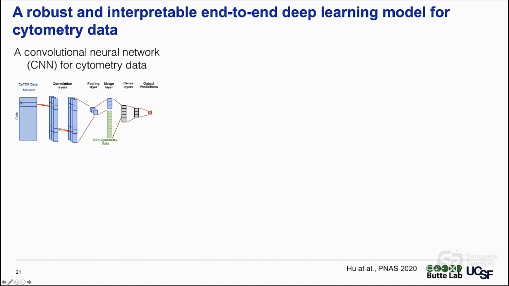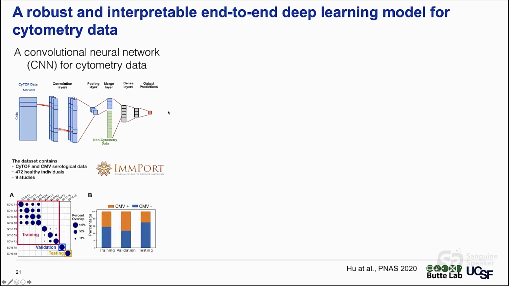The data that I'm talking about is mostly CyTOF data, basically the cell surface markers and the cells. This is a matrix. We have different convolution layers. We pool the layers, and also we relate the cytometry data with the demographics. Non-cytometry data could be any clinical condition or demographics data. So we would like to see the influence of the cell subset populations based on the clinical phenotypes. And so the data set here in this case contains the CyTOF data, and we also have the serological data from cytomegalovirus